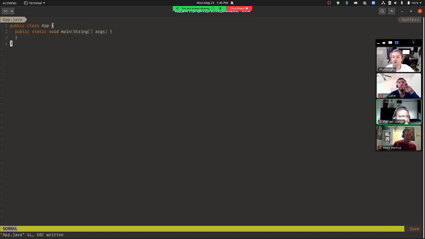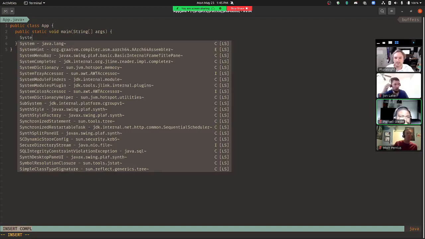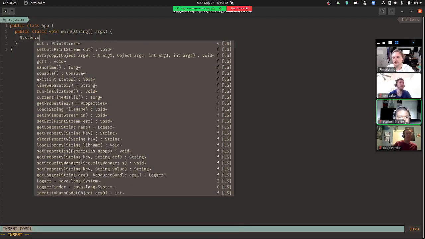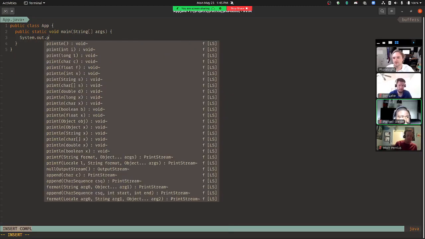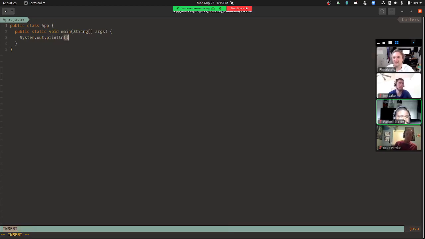Cool. All right, so your screen should look like my screen. And then we're going to do the equivalent of a console log. So in Java, that's System with a capital S, dot out, dot println. Notice that the L is not uppercase.